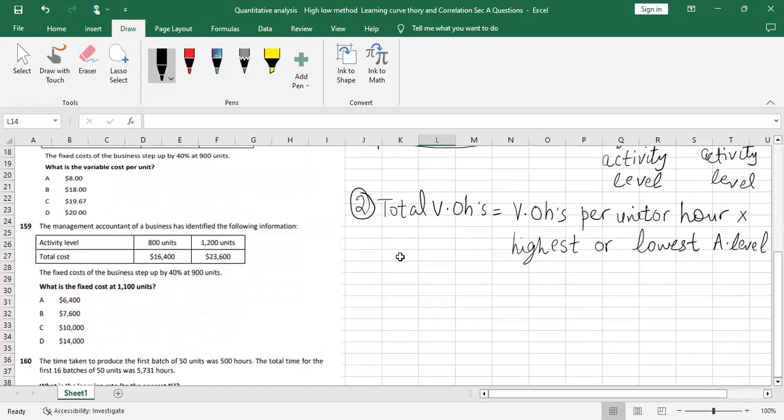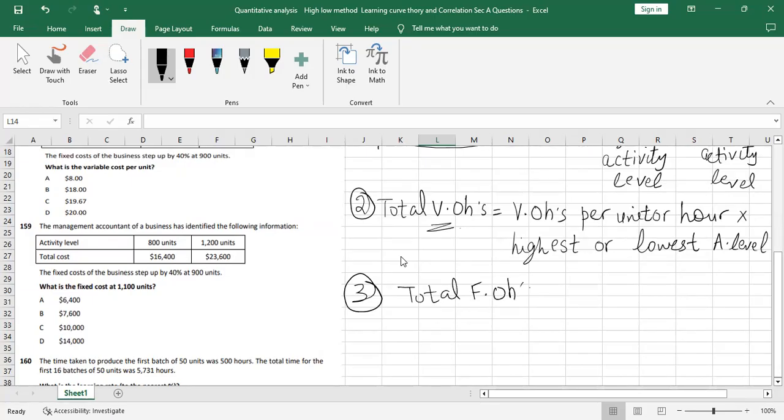It means when you use the highest activity level, your total variable overheads will be high, but when you use the lowest activity level, your total variable overheads will be low. So don't worry, because you remember this thing, that variable cost is the cost which will vary with the level of activity. And the third step is total